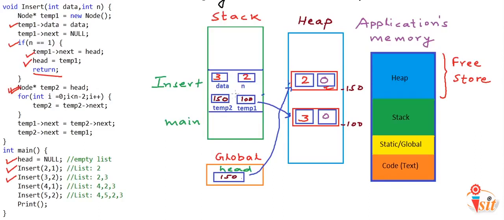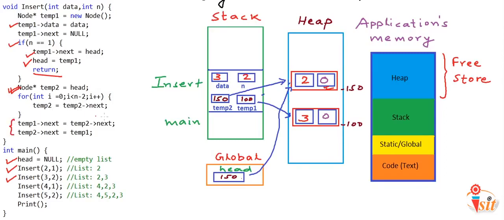So initially we make this point to the head node, and now we want to run this loop and keep going to the next node until we reach the n-1th node. In this case n is equal to 2, so this loop will not execute this statement even once. The n-1th node is the first node itself. Now we execute these two lines.